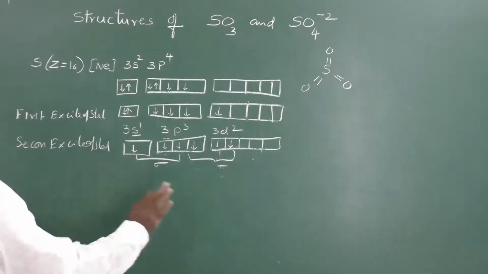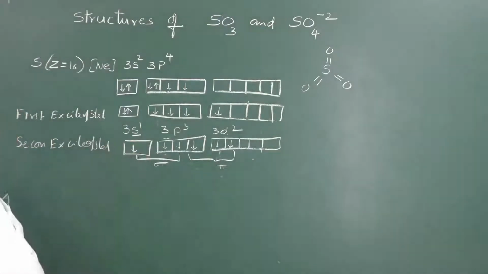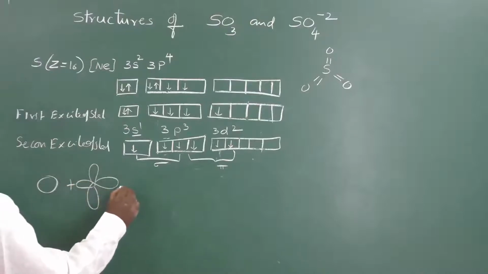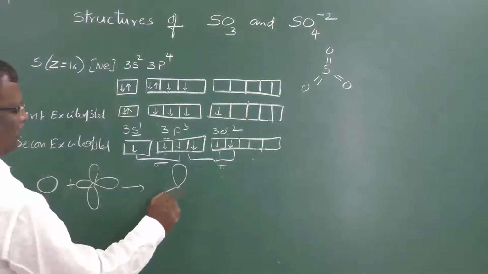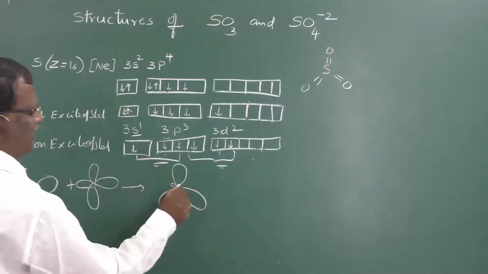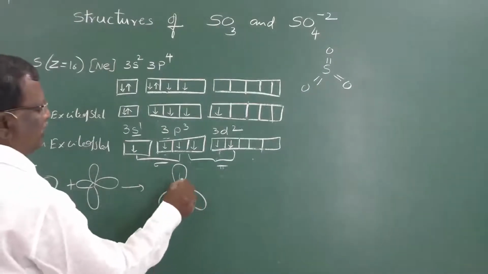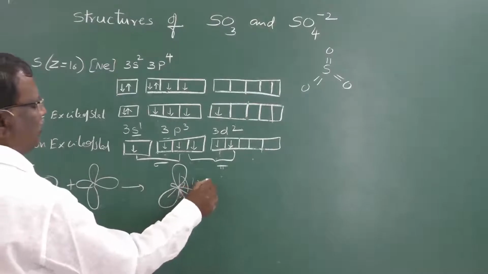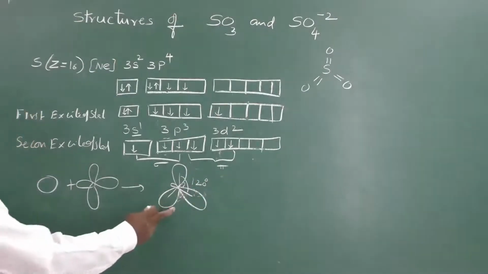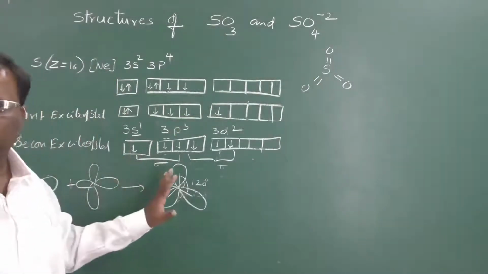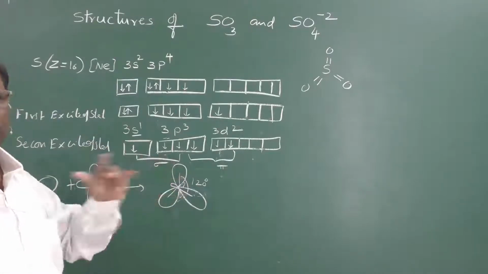So, here the expected hybridization will be sp2 hybridization. sp2 hybridization means 1 s orbital and 2 p orbitals mix together to form 3 identical hybrid orbitals. We call that sp2 hybridization, because these sp2 hybrid orbitals have a planar trigonal shape with 120 degrees bond angle. Now this hybridization will support this structure. That's why the hybridization in the SO3 molecule is sp2 hybridization.